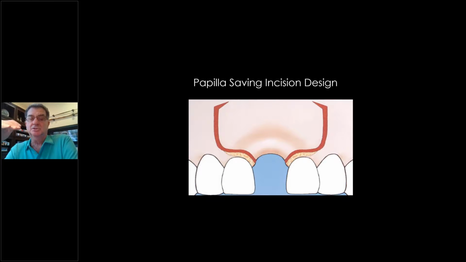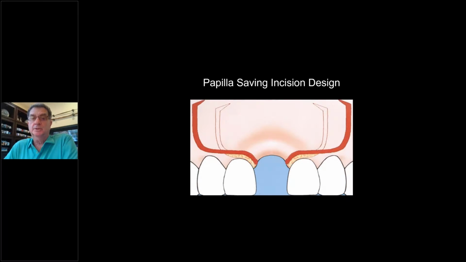I'm going to do incisions like this, called papilla-sparing incisions. I don't want to sacrifice the papilla in order to build up the buccal, because once you lose it, just like Dr. Elaskary showed or said, you can't regenerate it surgically. It's not there unless you do orthodontics, and you don't want to start doing that when you had the papilla to begin with. Every time you open it up, you lose more bone.